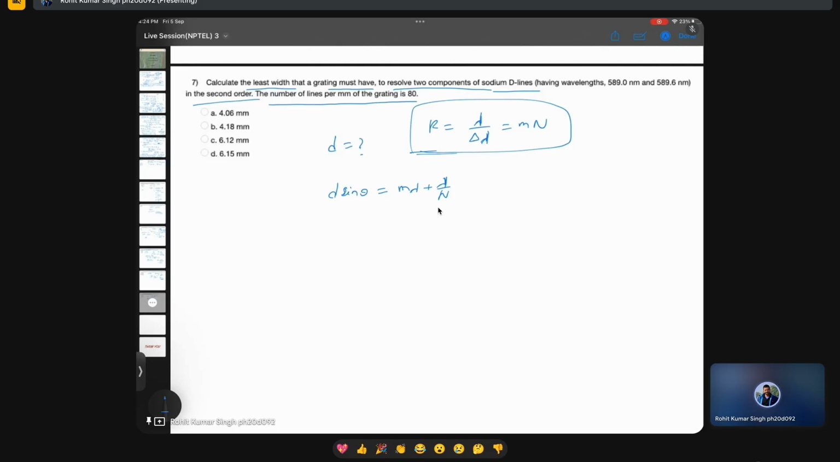Yes, sir. So from here what you can calculate is, you have given lambda, and delta lambda you can calculate. So delta lambda is just, I mean, just subtract, you will have 0.6 nanometer, correct? And this equation will not help here, right? You're right. And then you have another equation which is